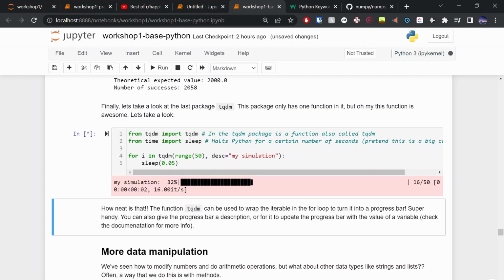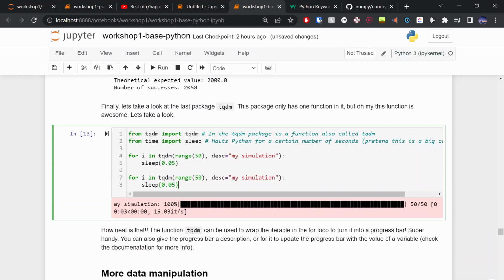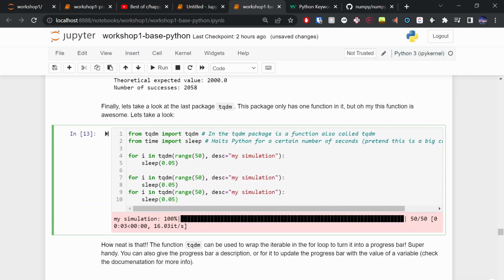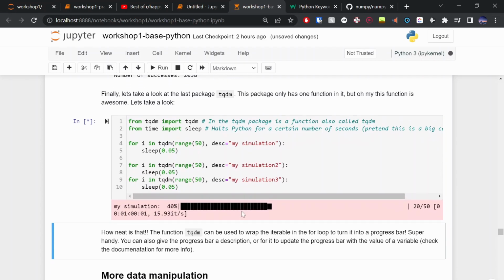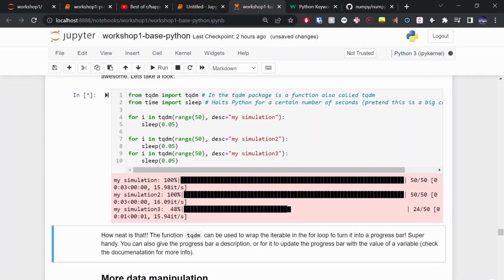And if I run that, it puts it at the top. And we can have multiple for loops after each other. Like if I do this, I can do something like that, where we have my simulation, and then we start my second simulation, and we start my third simulation. So pretty handy.